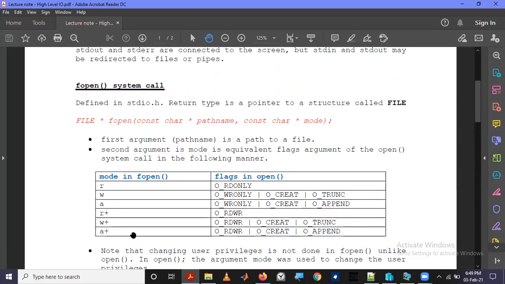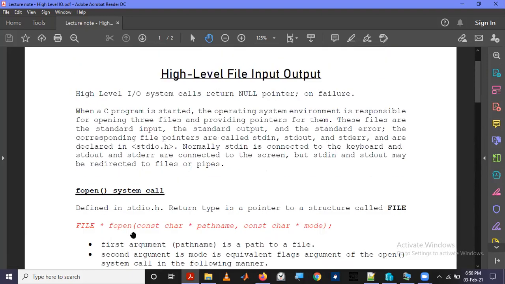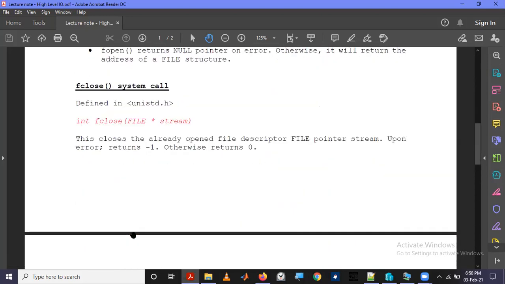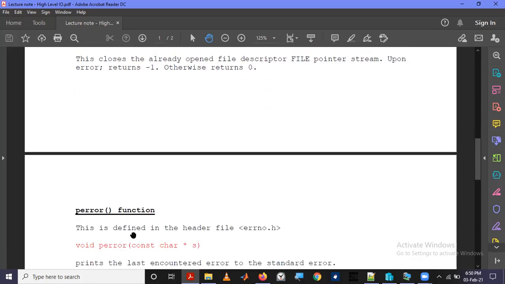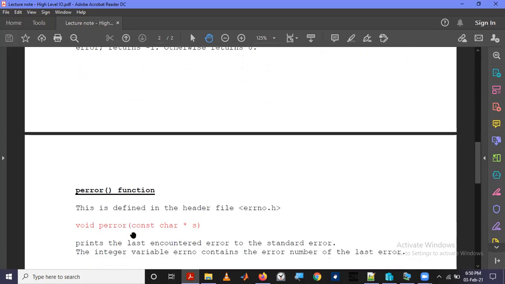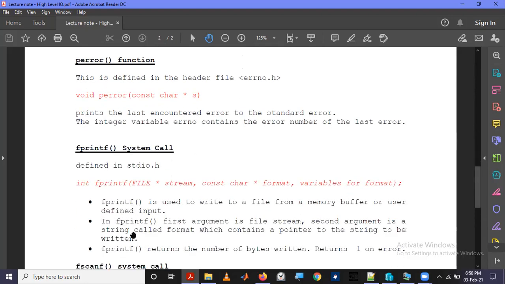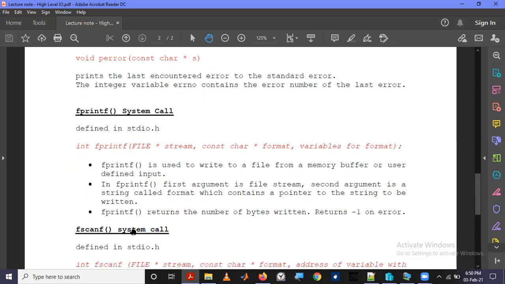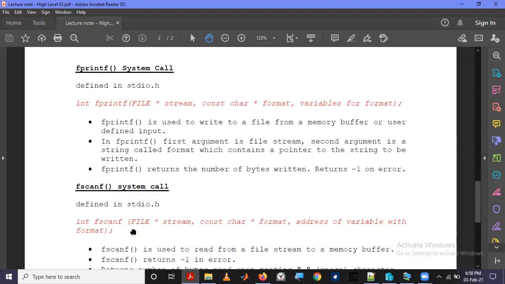So we have several more functions to discuss. You can remember last week there were read and write functions in the low level IO model. So we have to discuss the corresponding functions in the high level model also, right?